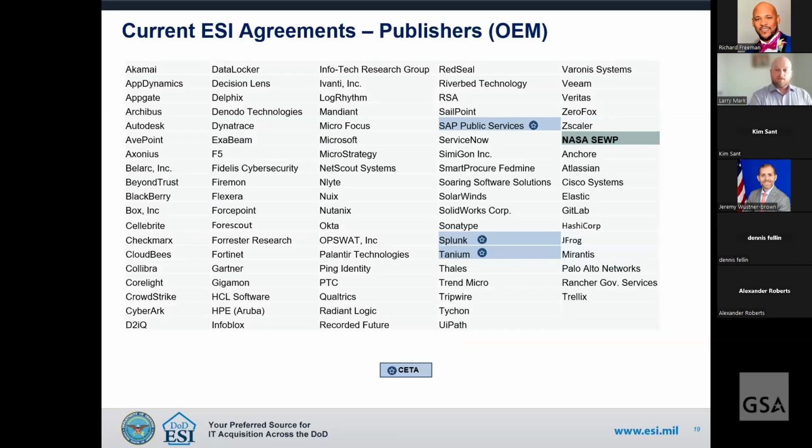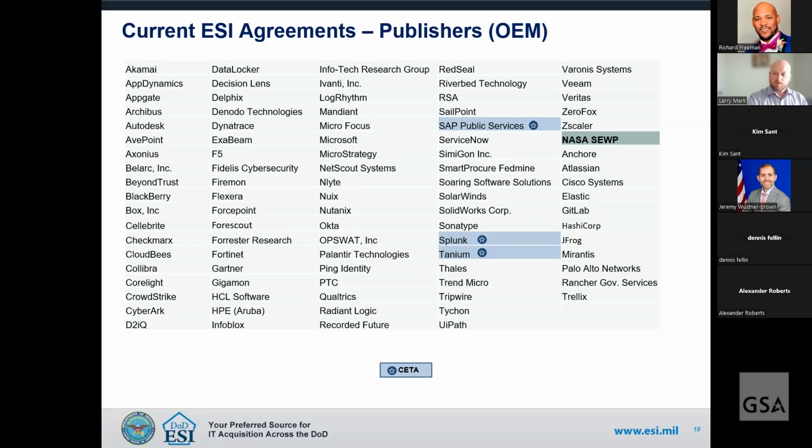All right, so this here is a list of our 92 publishers. Some of the publishers are what you would call a standalone agreement, where we put the agreement in place with one publisher and solicited the agreement among their resellers. Some examples of these would be Microsoft, Cisco, SAP. These are the ones that the DoD collectively buys or has an enormous amount of their products. So it just makes sense to go into an enterprise agreement, get good terms and conditions, get really good pricing